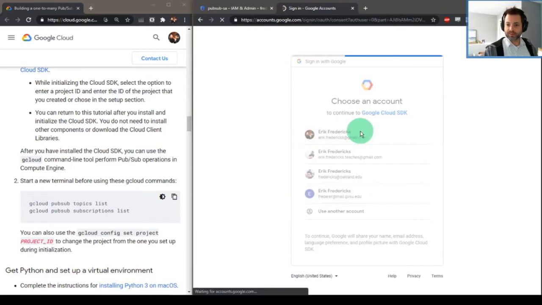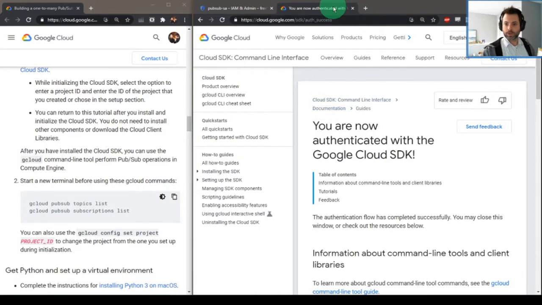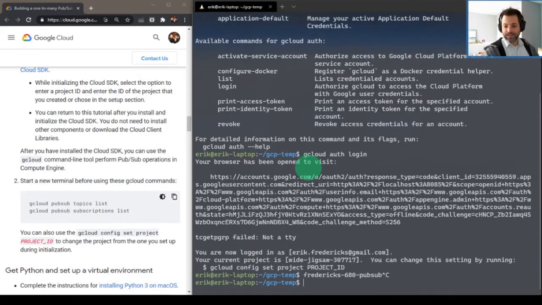So I want this account. Okay. I'm now authenticated. Good enough. And the reason why you're seeing an error here is I just did this in another lab. The project ID that I created no longer exists. So what we have to do is set the current project ID. And you see that here, right? But this is that step that we always skip over in the code labs because it's not relevant. Here it's relevant. gcloud config set project, name of the project,